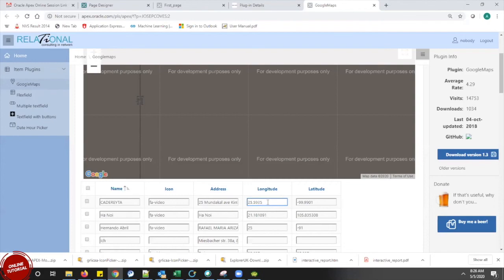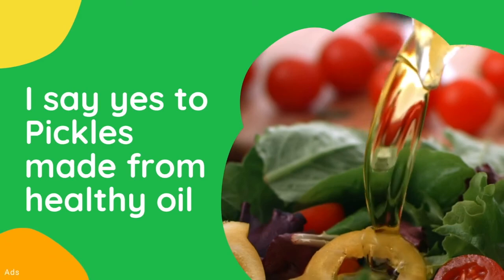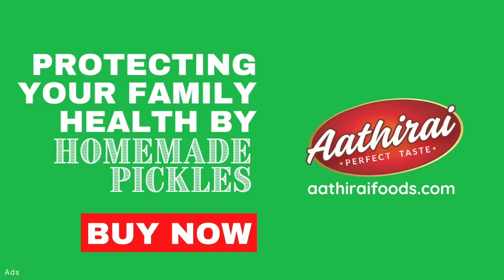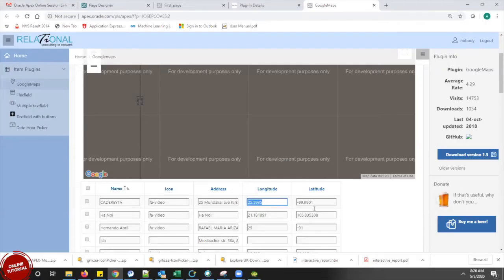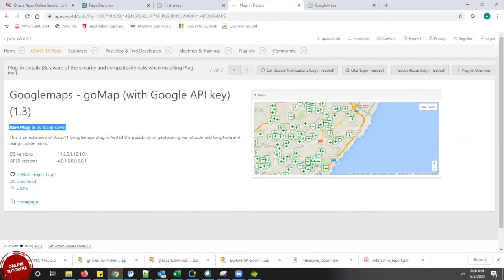Here in this item plugin, we are going to give this latitude and longitude, and when we run the page, I think we are able to see the icon something like this. This is what the Google Map API is about.